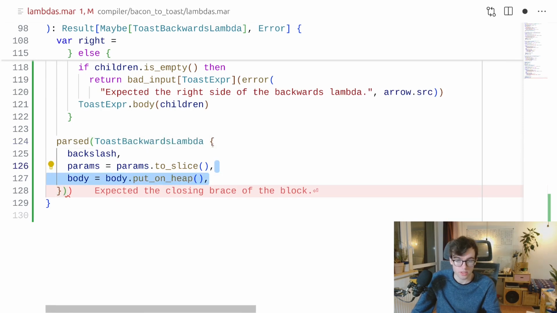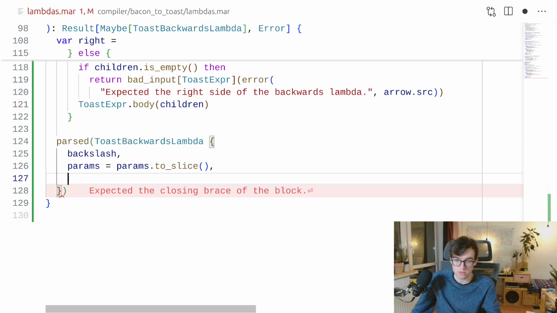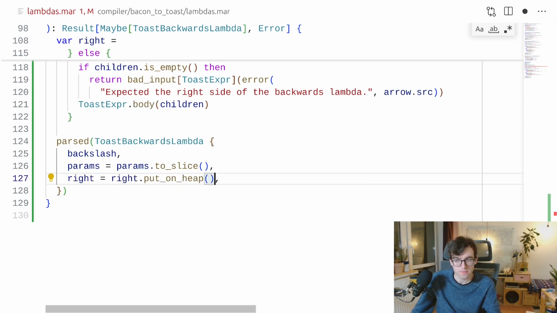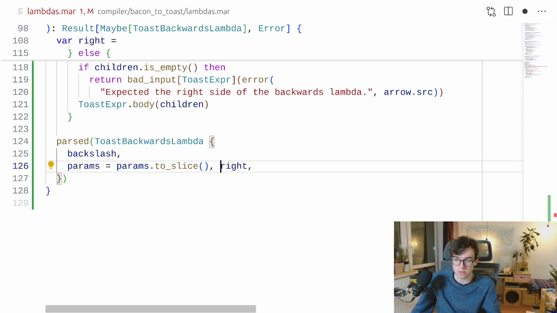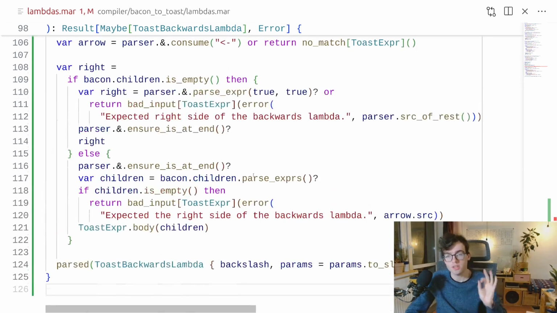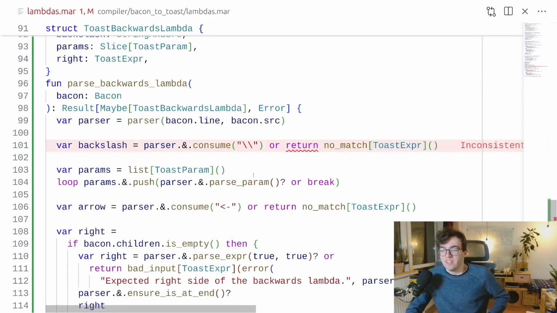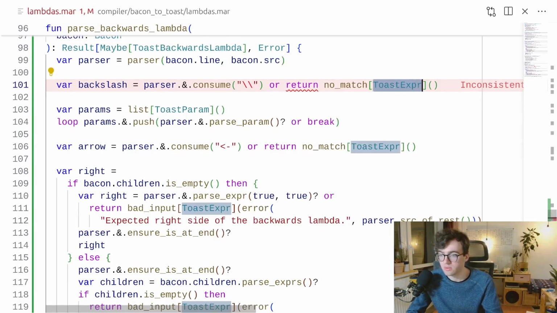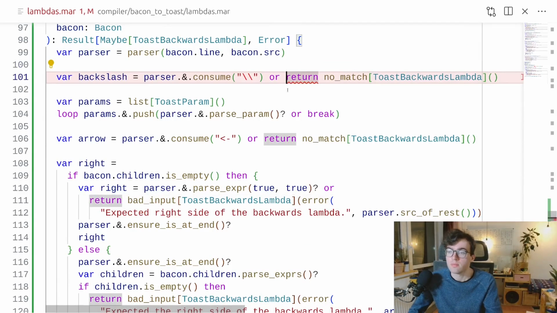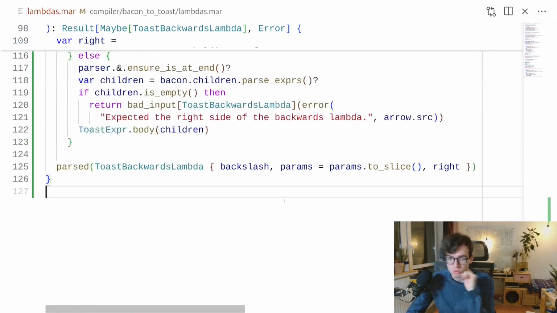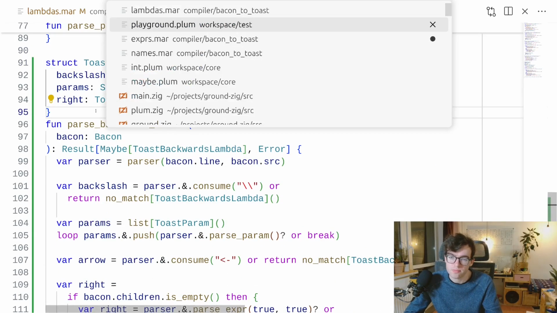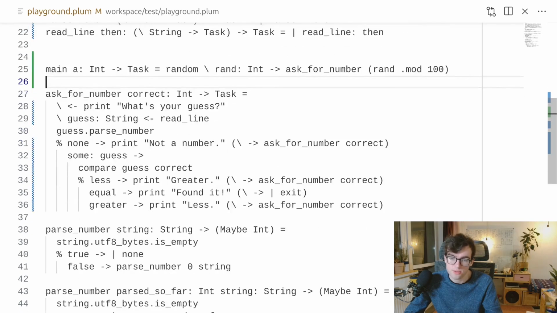Which doesn't actually contain the body yet. Instead it contains the right side, which, no, we don't need to put that on the heap. Just do stuff like that. Clean. Alright. Yeah, this returns not a toast expression, but that. Cool. Very cool. And then this toast backwards, and now we kind of need to, I don't even know, enhance that, or kind of